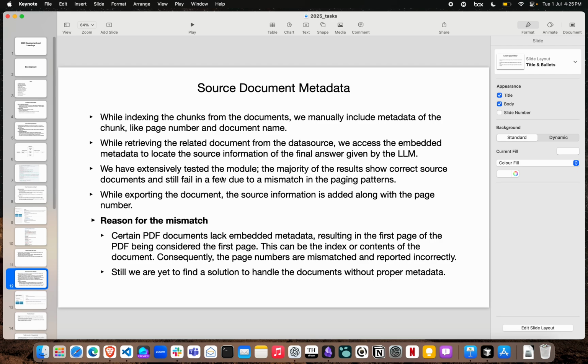What we have done here is we have indexed the chunks along with the metadata obtained from the PDF, so that the metadata contains the document name and the page number where the chunk has been extracted. So when the LLM is giving the final results, it will access the metadata from the retrieved chunks and give the final result along with the answer. But we also have a problem here. The problem is sometimes the page numbers are giving